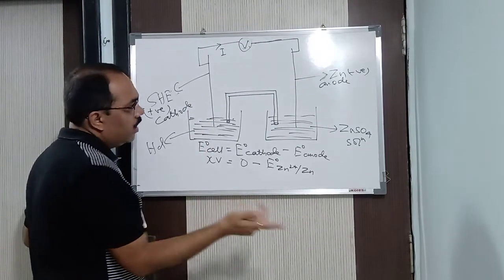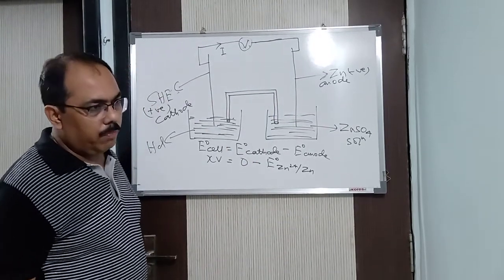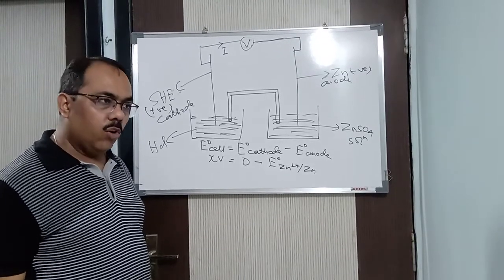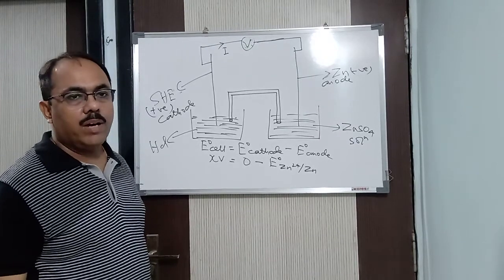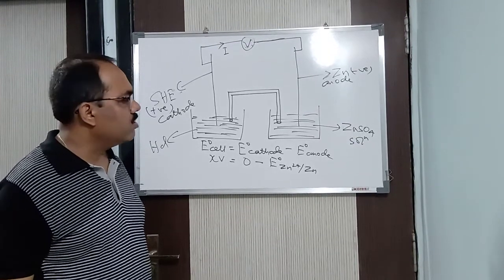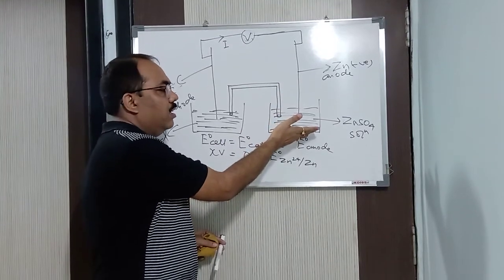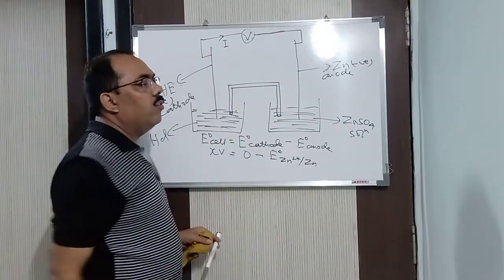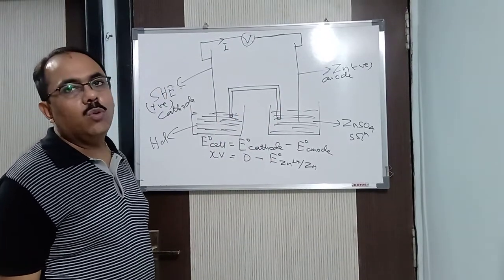So you came to know. In this way you replace zinc by silver, silver by sodium, sodium by a fluorine electrode. You replace fluorine by chlorine, and then gold, platinum. In this way, for any particular electrode and its corresponding electrolyte, you calculate the electrode potential and make a series, and that is called an electrochemical series.